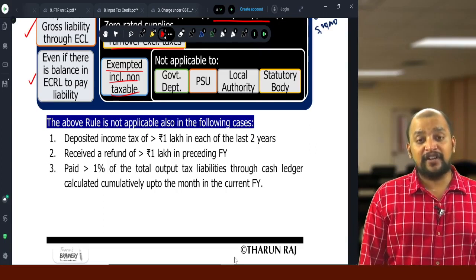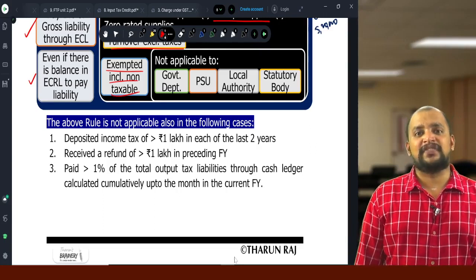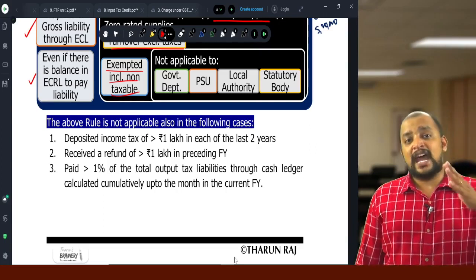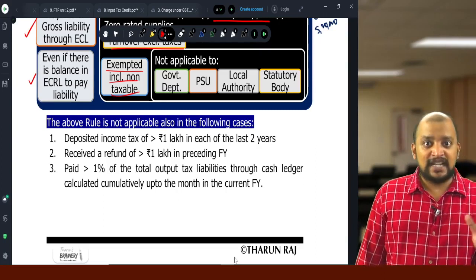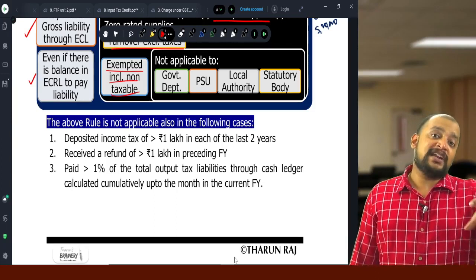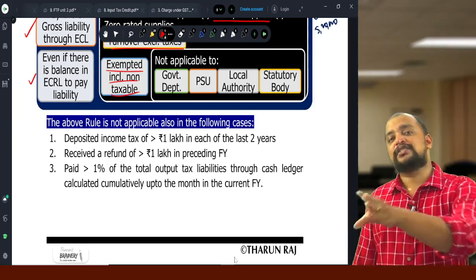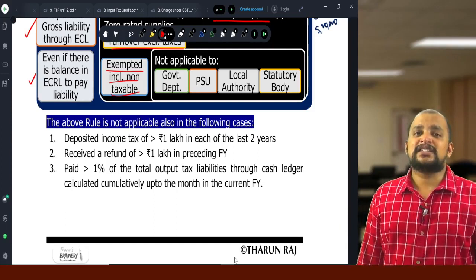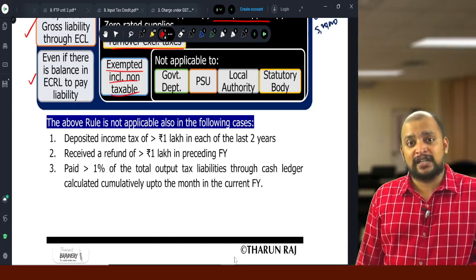Then received a refund of greater than 1 lakh in the preceding financial year. Why? So they are eligible for a refund. A refund has been sanctioned previous year. Preceding year more than 1 lakh refund is sanctioned, but refund is not yet paid. So why? Because money is not there with the government, cash is not there with the government, so refund is